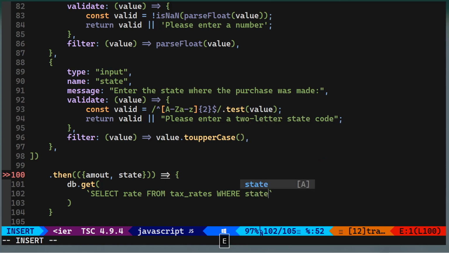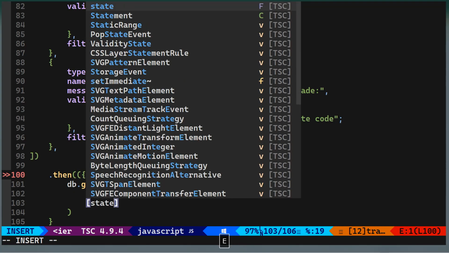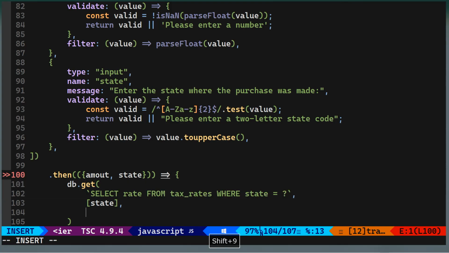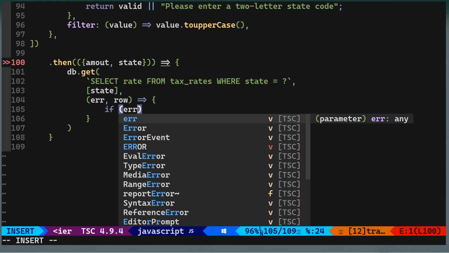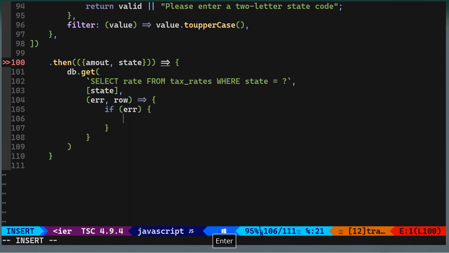Where the state is equal to, and that's a placeholder basically, and we will substitute that with the state. Then we'll have two different inputs. That's a callback function, by the way. So inside the arguments of that callback function, we will have error and row. So we'll say here if we got an error, then I want to